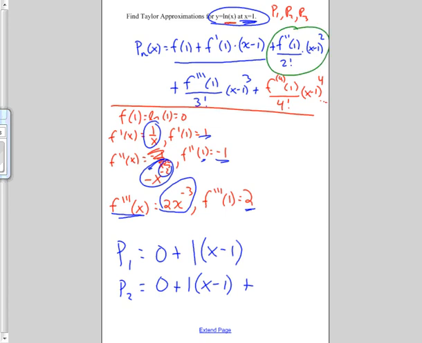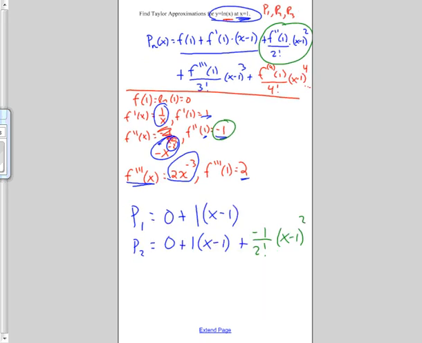So f double prime of 1 is negative 1, so plus negative 1 over 2 factorial times x minus 1 squared. And P3 is going to equal all of that, so I can get rid of this 0. 1 times x minus 1,